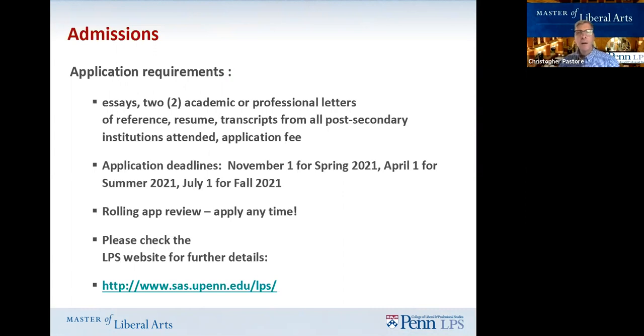The deadlines: it's November 1st for spring 2021, so you still have 2 weeks to get in for spring. April 1st for summer 2021, and then July 1st for fall 2021. We do rolling app review though, so as soon as your app's complete, it'll come to me, I'll preview it, we'll schedule a phone interview or Skype, we'll talk, think about how this program might fit your needs, and then move it through committee. And that usually happens, turnaround time from completed application coming to me, as long as we schedule an interview in a timely fashion, to final review is probably 3 weeks to a month at the most. You can check our website for further details,